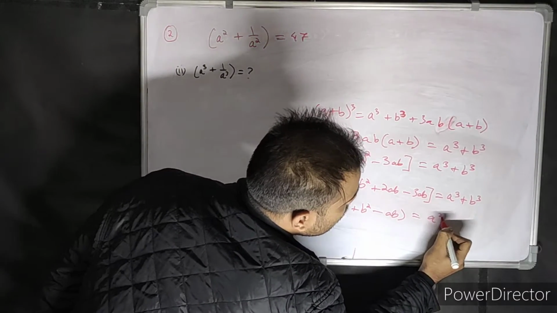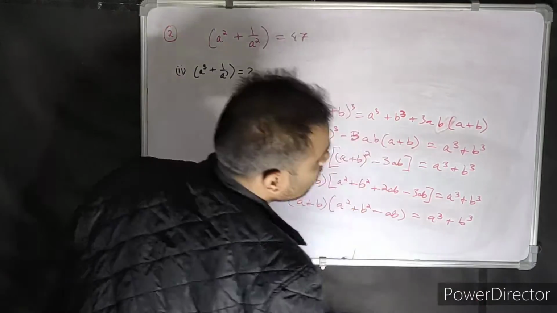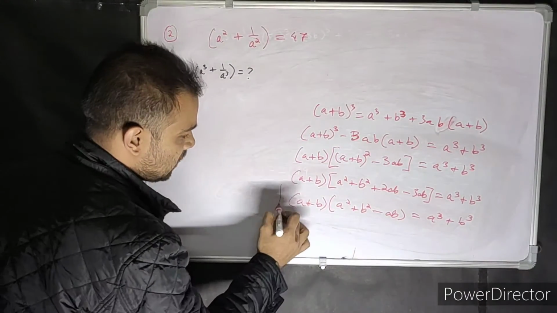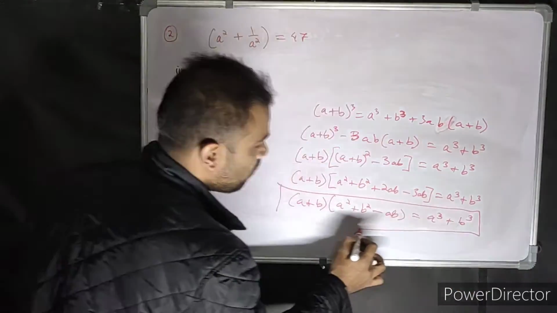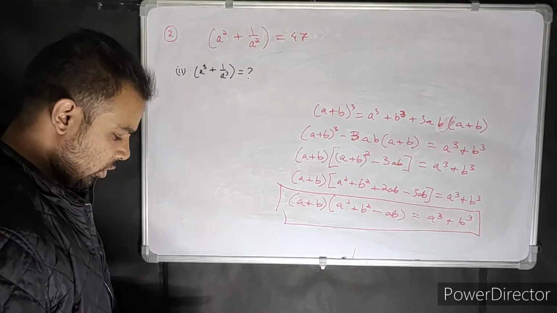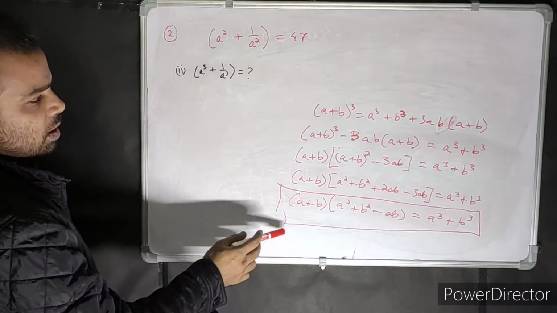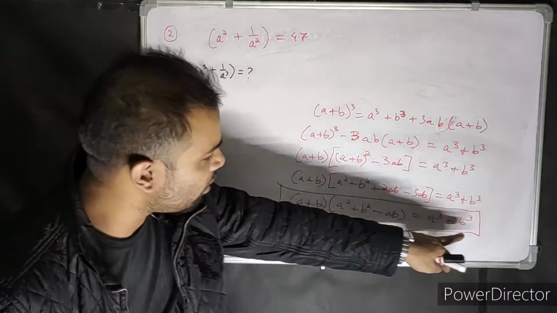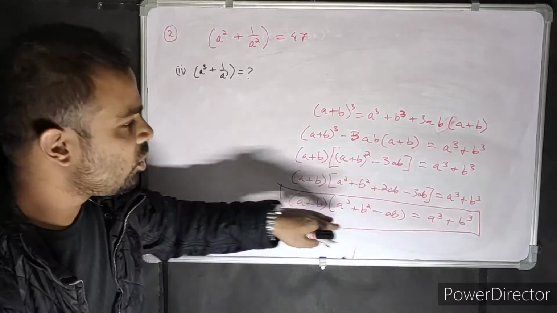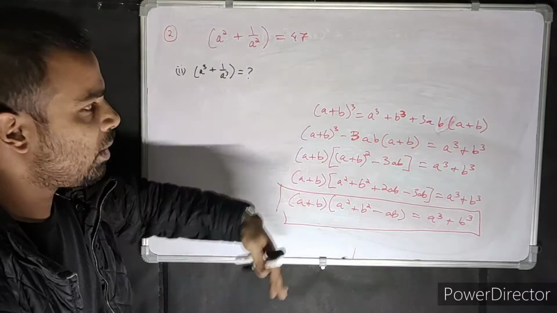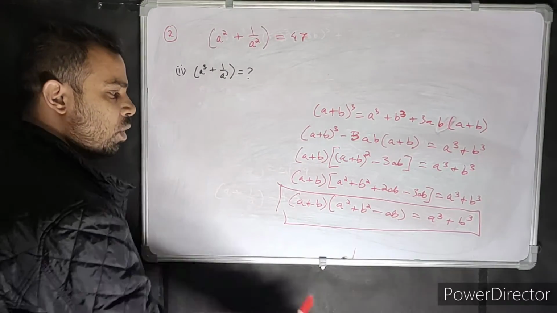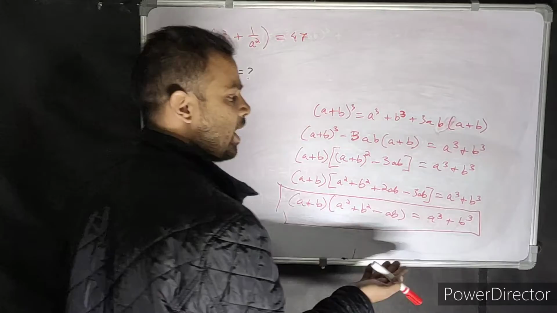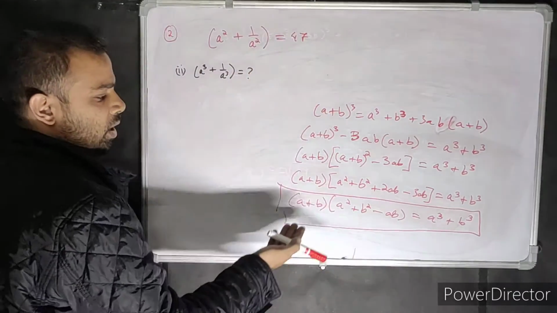So your sir has given you, or any good maths teacher will definitely give you, a formula like this to make your work easy for you. But then how does it come out? It comes out from this formula. You must all have this formula already in your formula page in your school. So if you want to use this formula, you can go ahead and just put in the values.